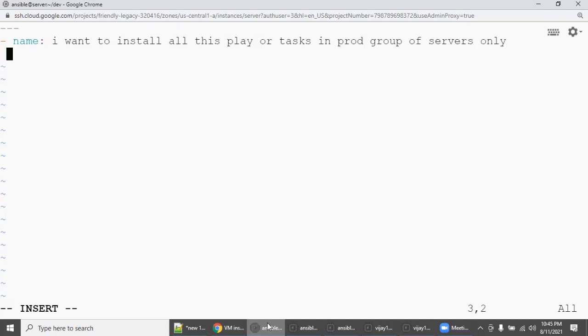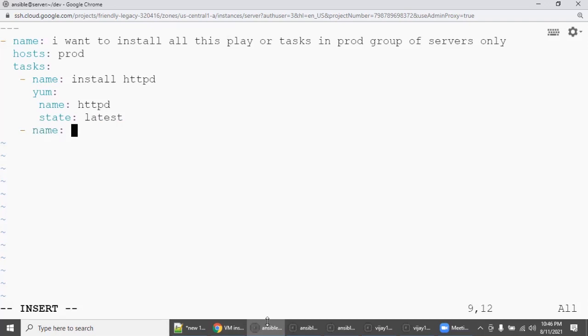So instead of hosts all, I can say only the production group. Then I start a task, hyphen name: Install httpd. As I stated, you can refer to the yum module. What is the package name? httpd. And what is the state I want? I want latest. So the first play is finished.